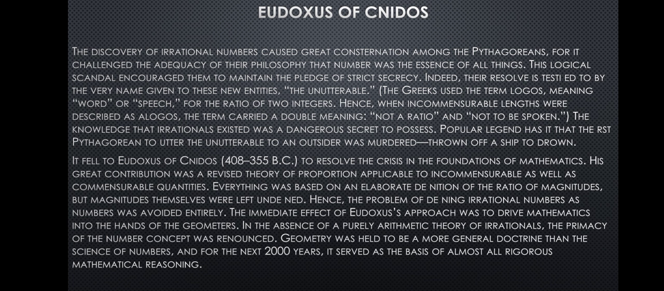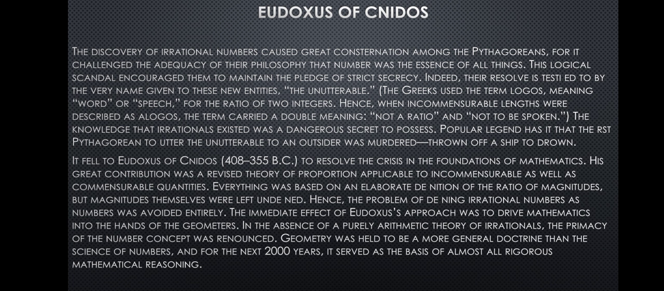The Greeks used the term logos, meaning word or speech, for the ratio of two integers. Hence, when incommensurable lengths were described as alogos, the term carried a double meaning: not a ratio, and not to be spoken. The knowledge that irrationals existed was a dangerous secret to possess. Popular legend has it that the first Pythagorean to utter the unutterable to an outsider was murdered, thrown off a ship to drown. It fell to